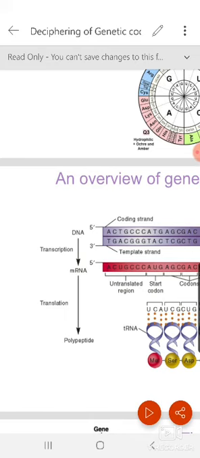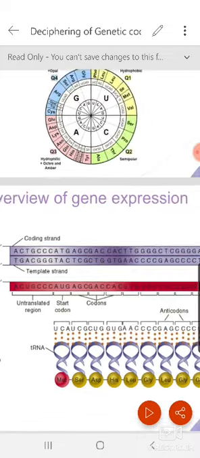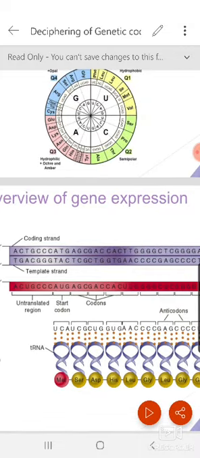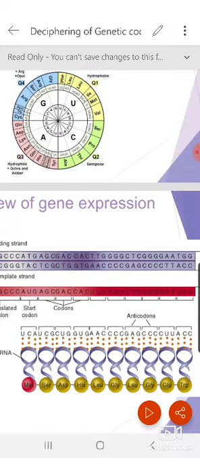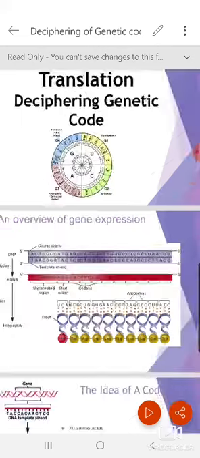Okay, if you see this slide correctly, we have started with the central dogma of life, that is DNA to mRNA and mRNA to polypeptide. DNA to mRNA synthesis is transcription and mRNA to protein synthesis is translation. This purple color is the coding strand, template strand, and the red color is the mRNA. The information written in the nucleotide language, how is that information translated into the 20 amino acid words? That we are going to study in this chapter.